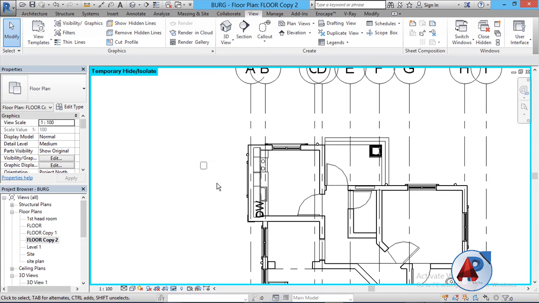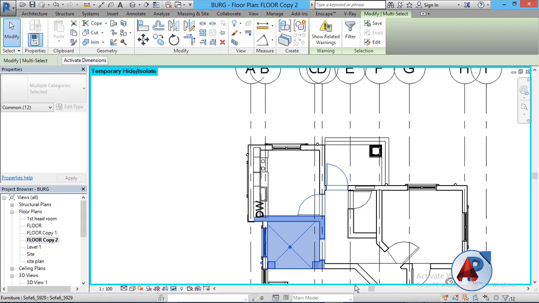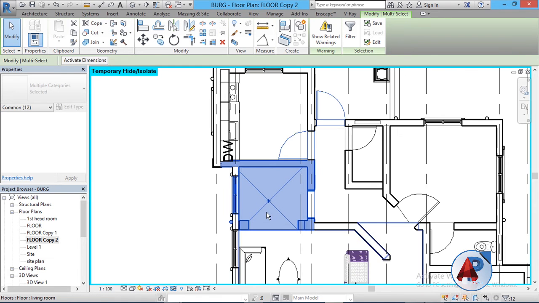Now for me to make a window selection in this particular area, you see that I have not made any selection, despite that I have gone a long way. Now I'll make a selection because within this rectangle there is a door that is bounded within the rectangle and also the wall. Now I have the wrong tag on my window. If I leave it now, it has made the selection, and here you see that I have made a selection of 12 elements.